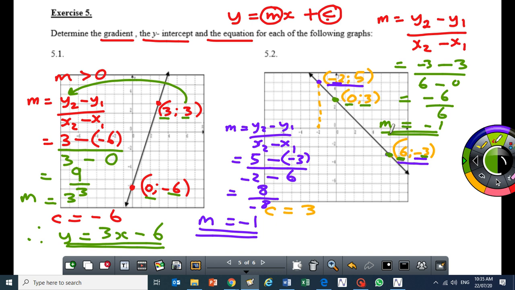So our equation for 5.2 will be y equal to, the gradient is minus 1, so it will be minus 1 times x, that's minus x. Our y-intercept is 3, so plus 3. And then that's the equation. Alright, so